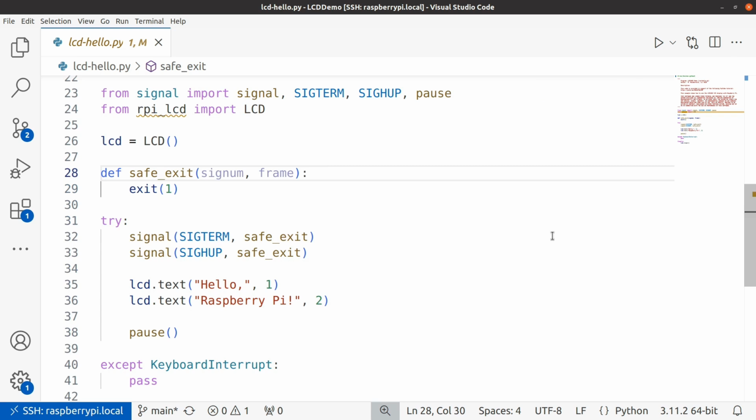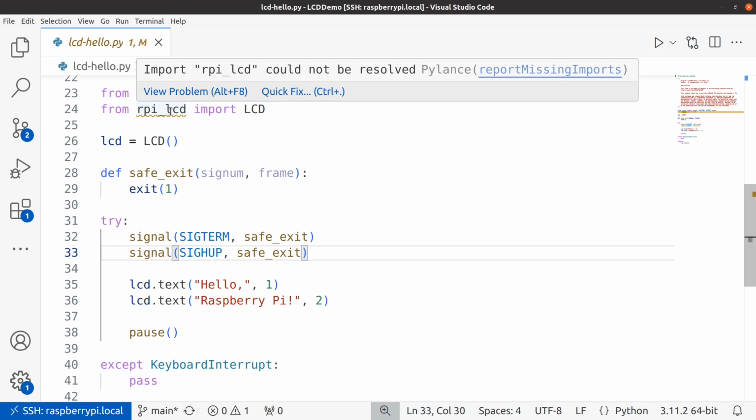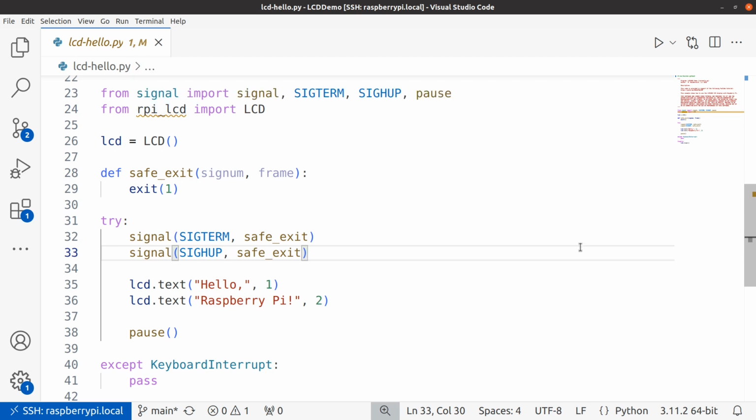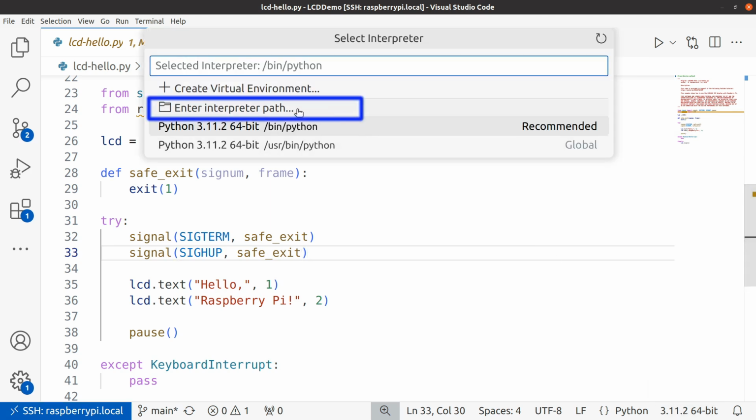If you use VS Code, it will not automatically detect your virtual environment. You will need to manually set up the Python interpreter, for example, by clicking the interpreter panel in the bottom right and providing a path to your virtualized Python.